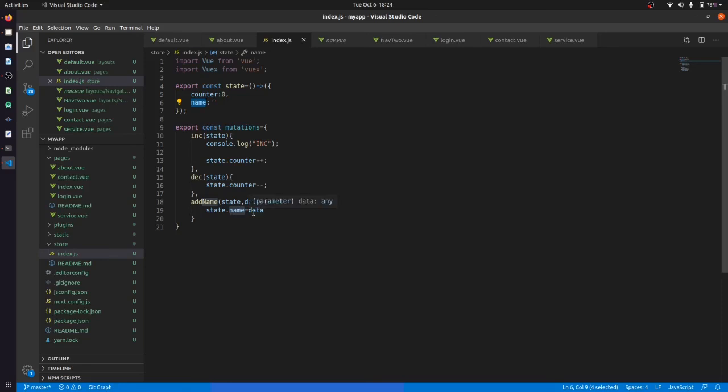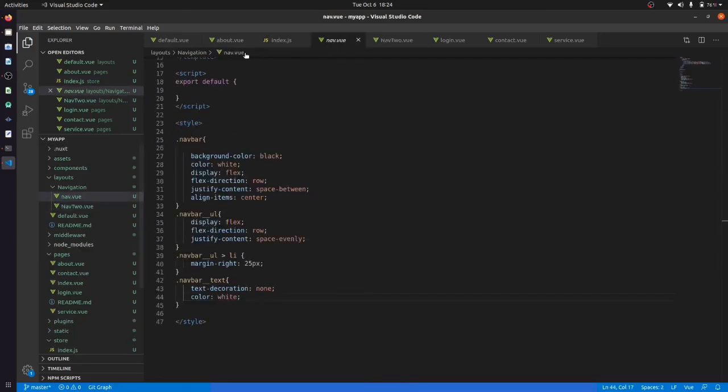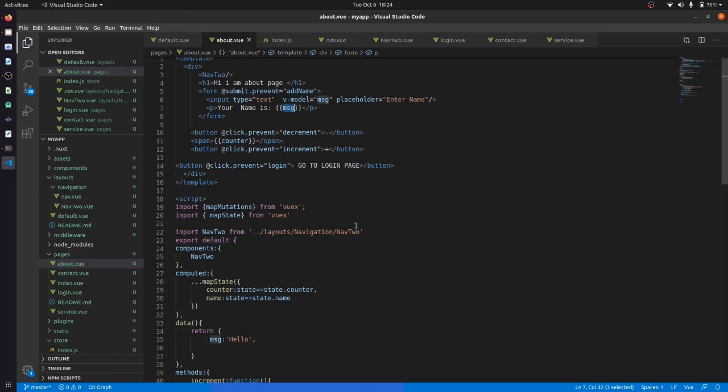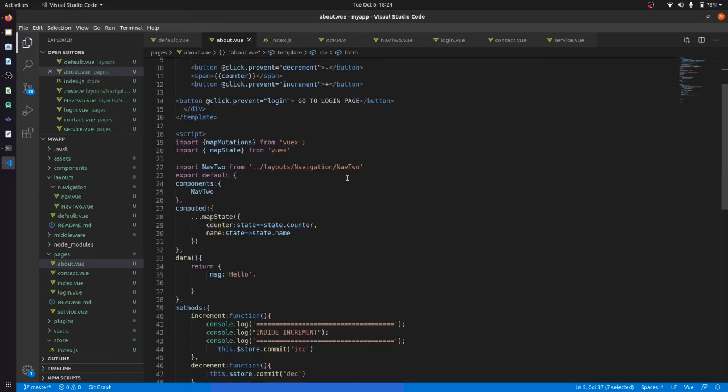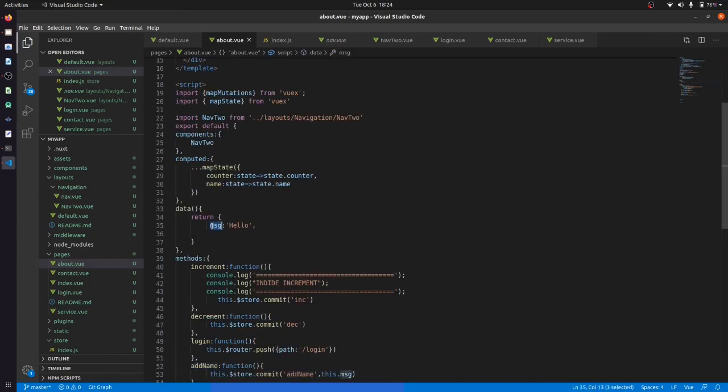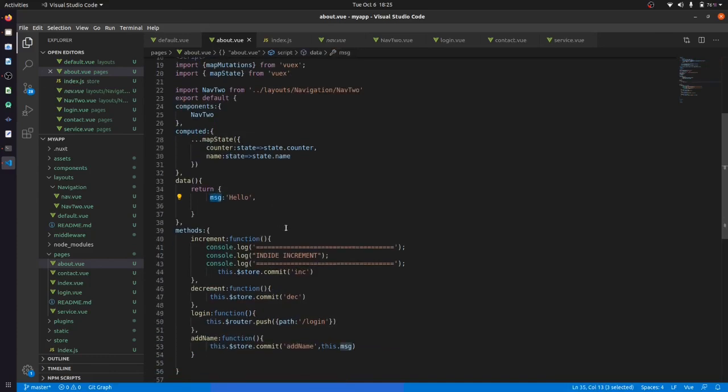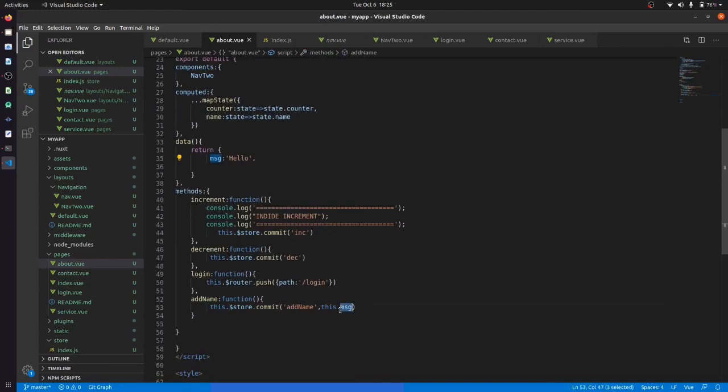Now we are getting our data from that file, and from that variable we are getting our data. One second. Where is addName? And addName will get this message, and this message will be thrown to that application.